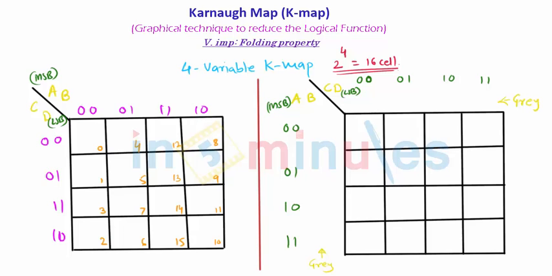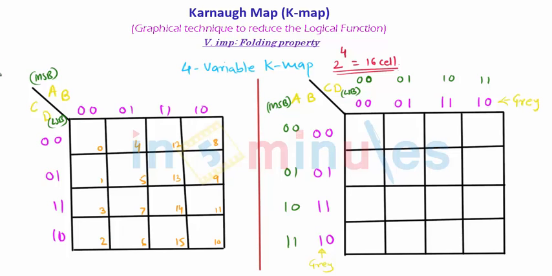Now the cell positions were flipped, and I will write down once again the gray coding. So the 4 combinations for bits AB are 0 0, 0 1, 1 0, 1 1. The same thing for CD bits: 0 0, 0 1, 1 0 and 1 1. So I will write down the gray code for this. For 0 0 the gray code is: the first bit is as it is, 0; the second bit is XOR with the other bit, that is 0 XOR 0 is 0. So this is 0 0. 0 1 gives 0 1. 1 1 gives 1 0... Same combinations I will follow here. So this will be 0 0, 0 1, 1 1, 1 0.